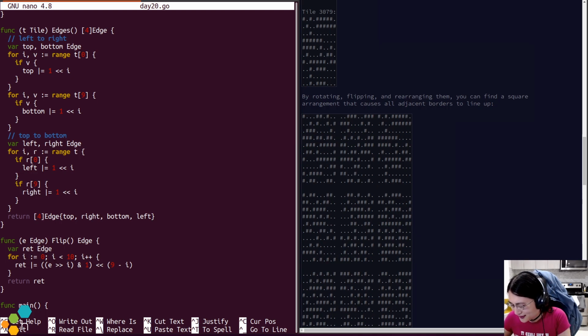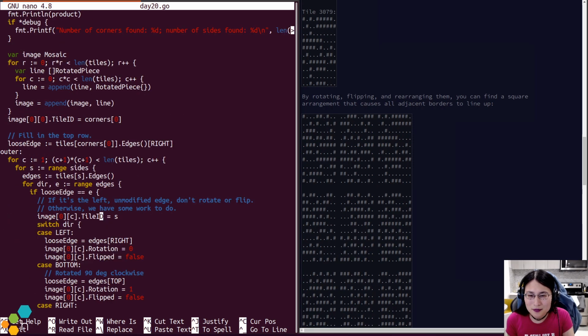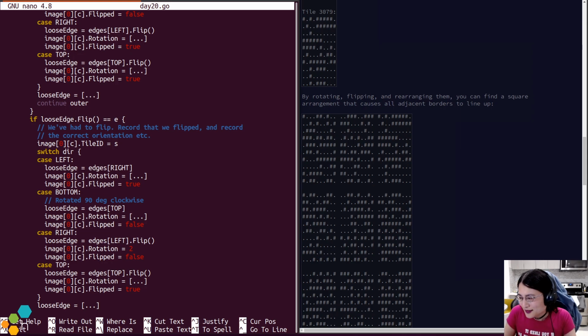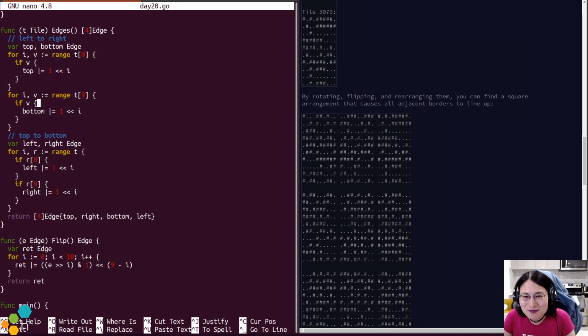I understand. I think the way that simplifies it is, you know what? This is fine. I'll get a new piece of paper, and then we'll do it with a slightly different coordinate system.